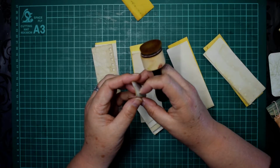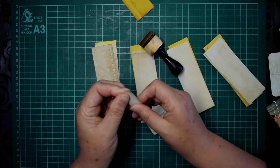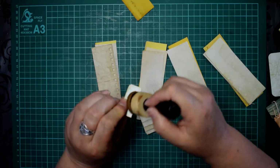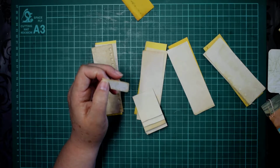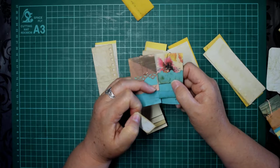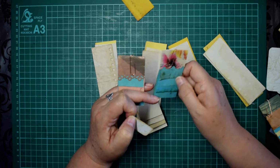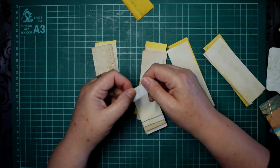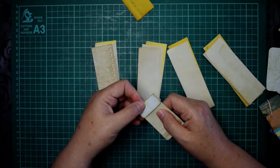And then just fold it in half. Now this can be a bit tricky because you're working with a small piece, but bear with it. And there you go, it's folded. Just ink that edge there. And on a few of these, I've left them different lengths, as you can see. And a few of these I've used edge cutters to leave a nice little trim on the front, and that just adds a little bit of something. But on these ones, all I've done is I've rounded the corners, and you just simply pop that on there like that,